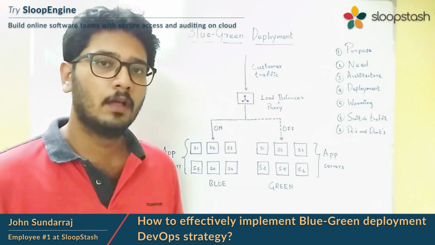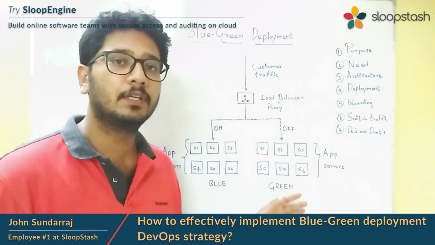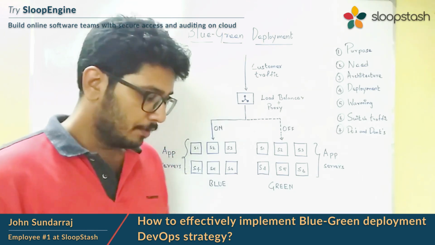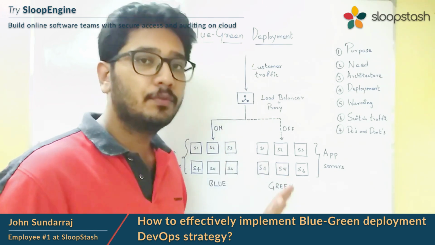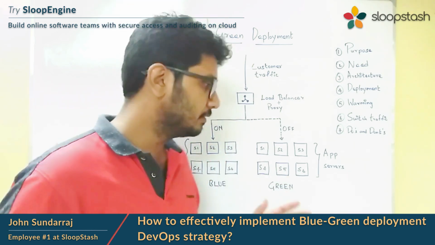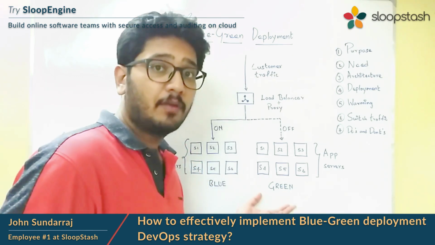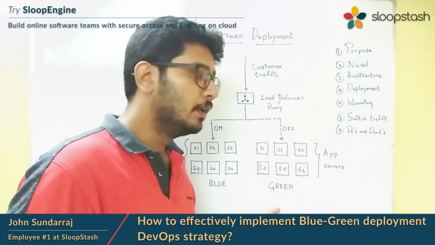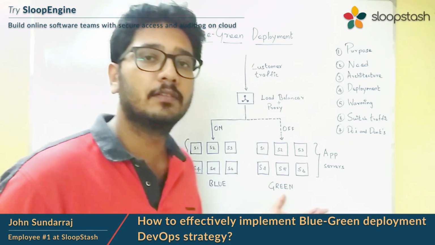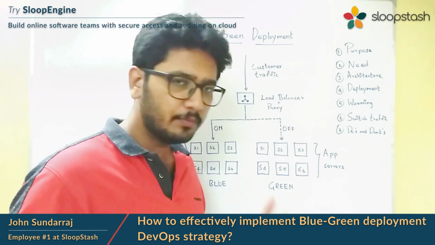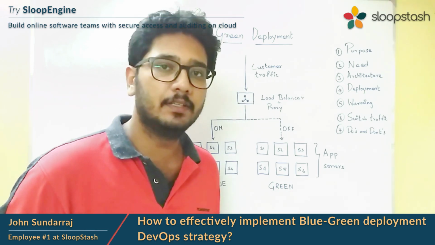Now let's see how to switch the traffic from one fleet to another fleet gradually. We cannot switch the entire customer traffic from one fleet to another in a single instant, because it will bring down our application server processes. Even if we have properly warmed up the servers, there are still higher chances that our application servers may go down. So what we need to do is divert the traffic in small percentages.